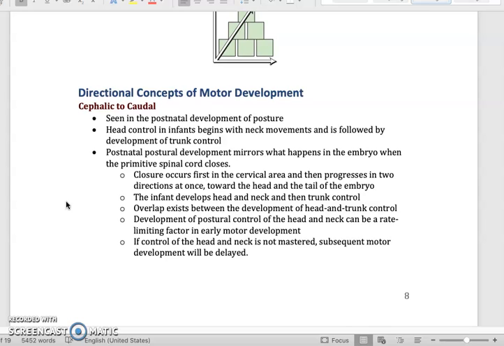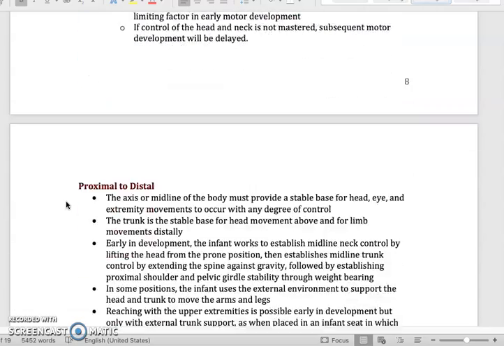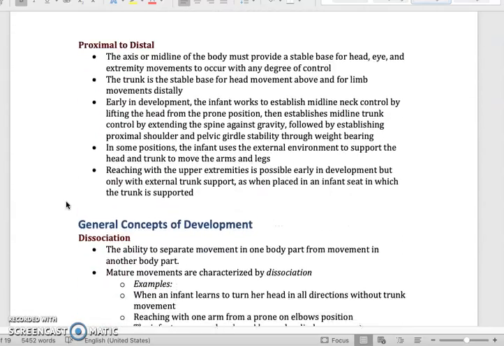And when we talk about movement, we want to always talk about movement being from head to toe. So you want to look at the person in its full being. And you always want to know that that's how movement develops. A child gains head control, trunk control, then they gain extremity control. Then they have more controlled mobility and a skill in something. But they have to gain this proximal control before they can move out into other entities. All right. Proximal to distal, I just talked about that.